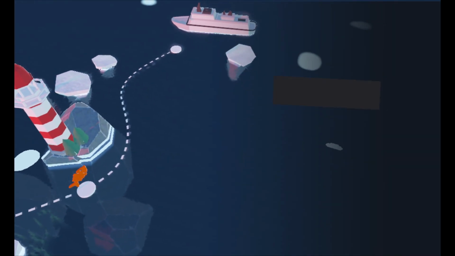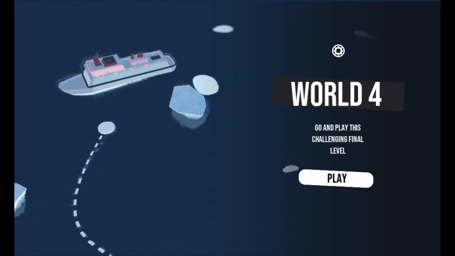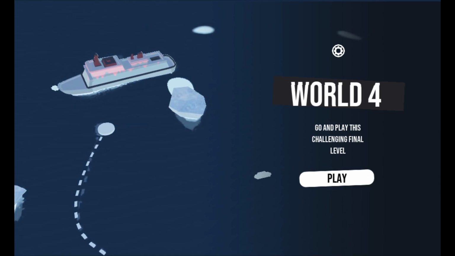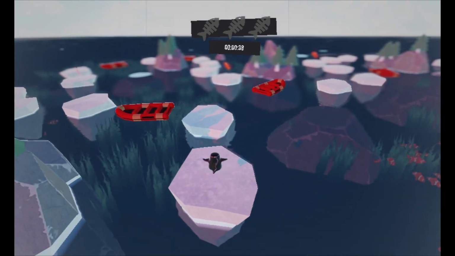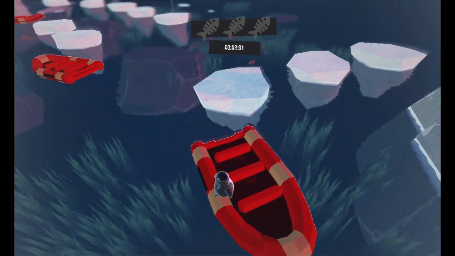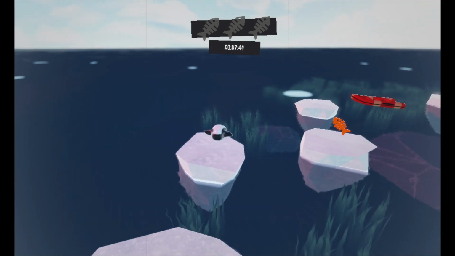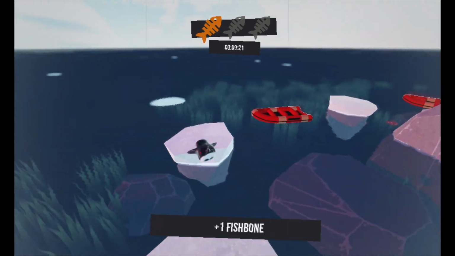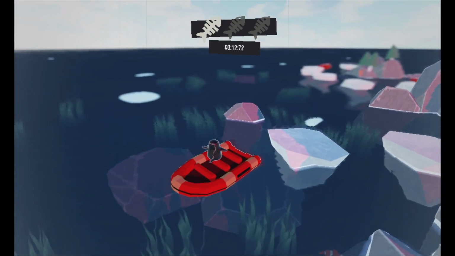Looks like we're loading the next world. Alright, looks like we have a yacht of some kind, or just a boat. Go and play this challenging final level. Alright. Let's see if it gives any more trouble than the other ones. We got a boat, which is interesting. The boat's still slippery, but it looks different at least. A little bit of visual variation. Looks like maybe the little icebergs are a little further apart, but it's not any problem for me so far. This is a longer jump, but